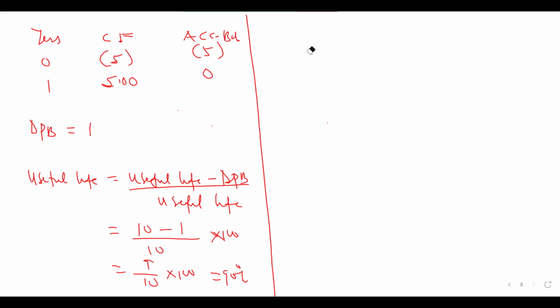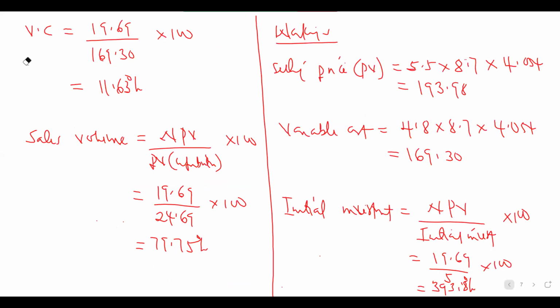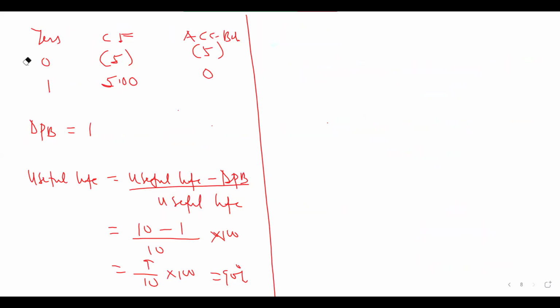So if the useful life of the project reduces by 90%, the project will break even. What do I mean by the project will break even? The useful life now is 10 years. So if this reduces by 9 years, the project will break even, as we have seen in this particular illustration.